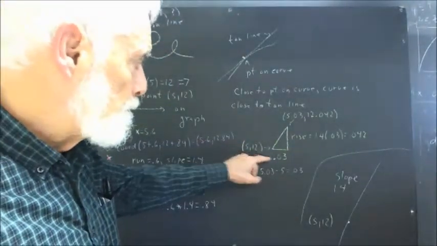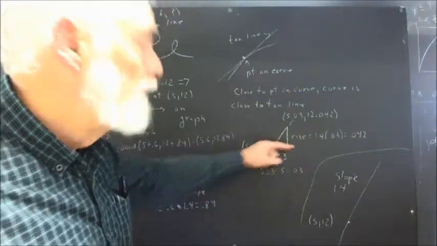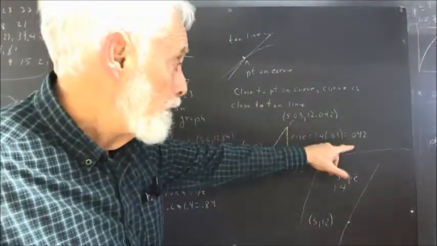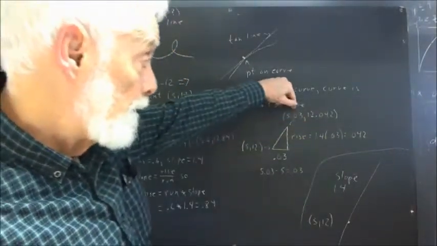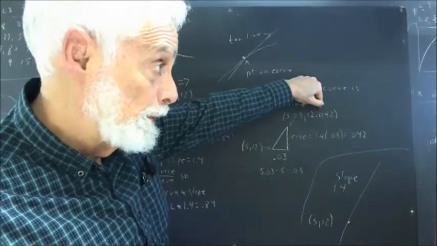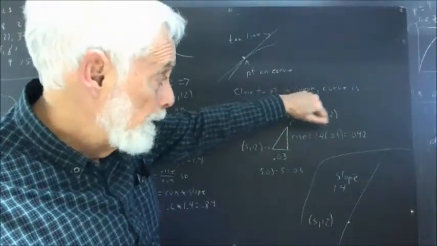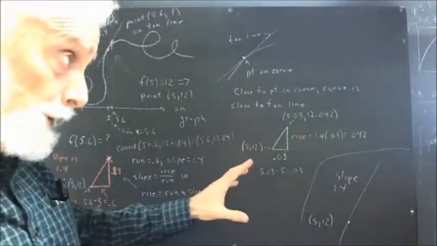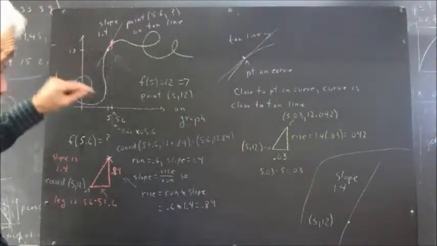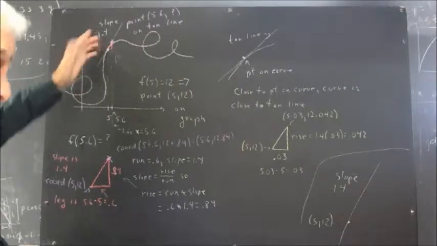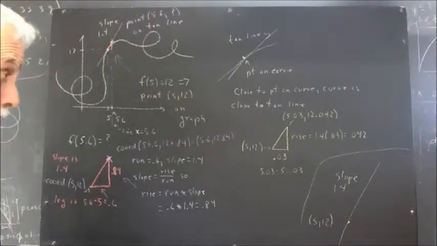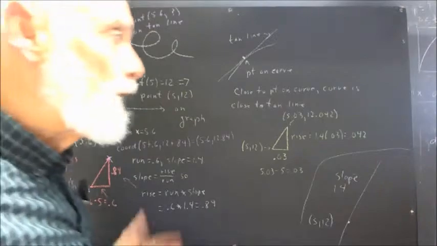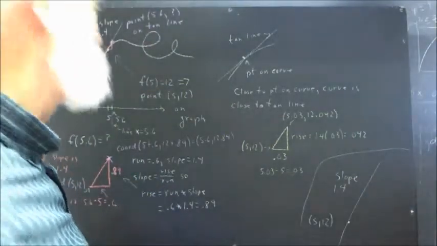So if we start at (5, 12) and move over 0.03 horizontally and then 0.042 vertically, we get to 5.03, 12.042, and this is our estimate of the value of the function for x equals 5.03. Knowing nothing else about the function, only its value when x equals 5 and the slope of the tangent line when x equals 5. Now, I asked people to sketch